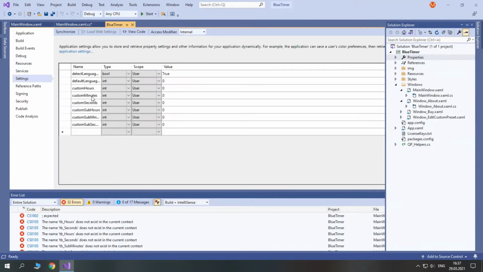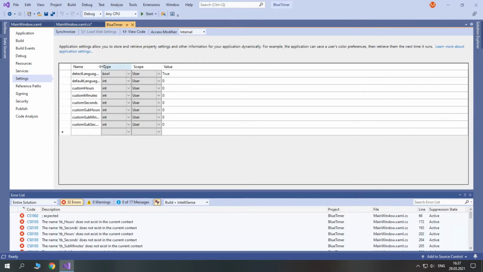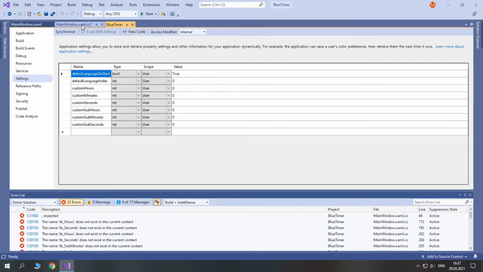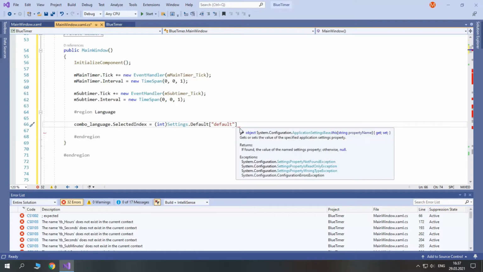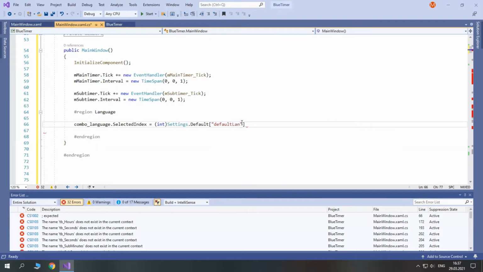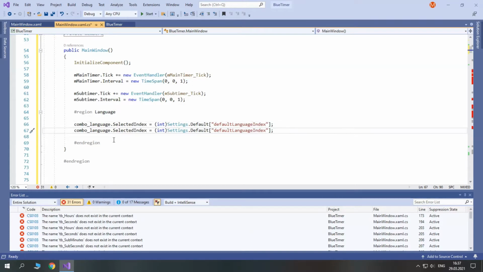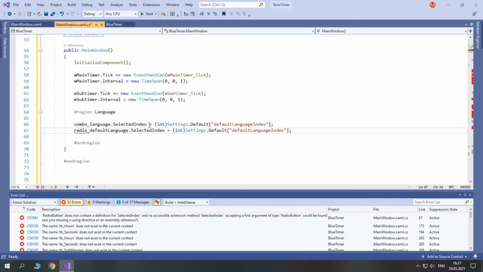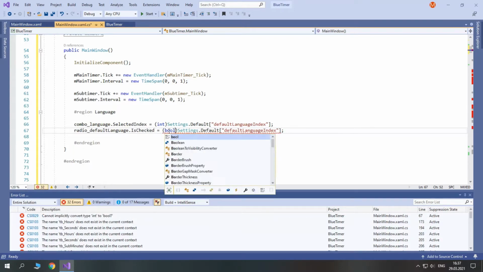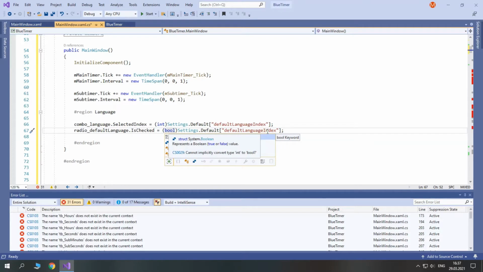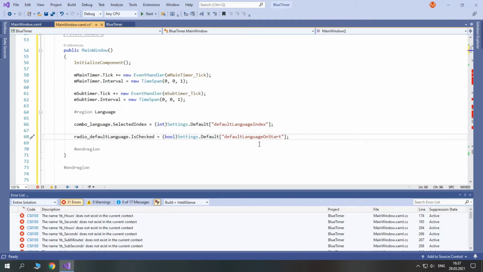Properties, default, language index. Okay, so default language index, copy paste it. Then we will set radio default language is checked to bool settings default language on start. Okay, then we will check if radio detect language is checked.